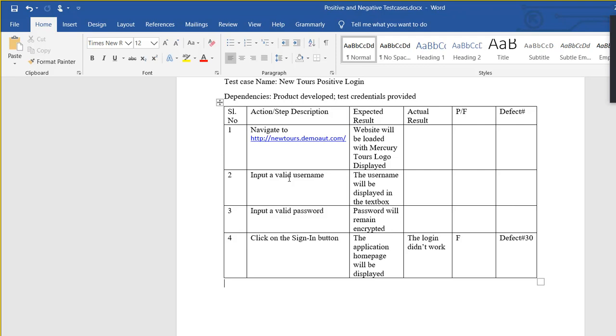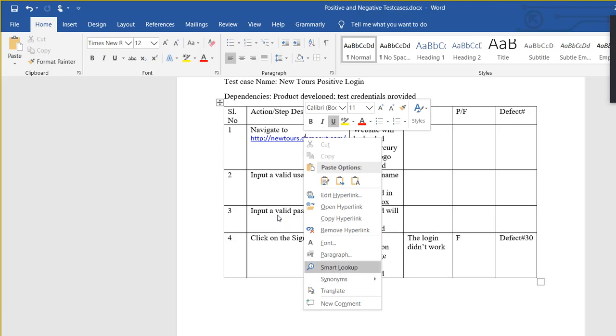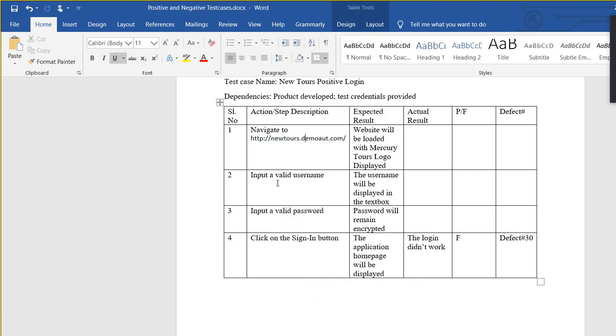Does it make sense? Yeah, you execute the test case. Other than that, you do not know if the defect is fixed or not, right? So you have to execute the test case. Let me just remove this hyperlink. Okay. Now,